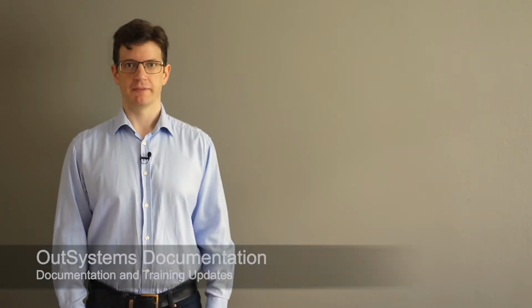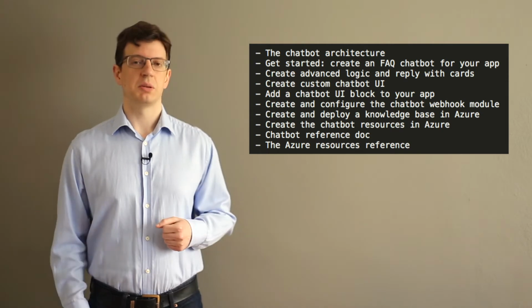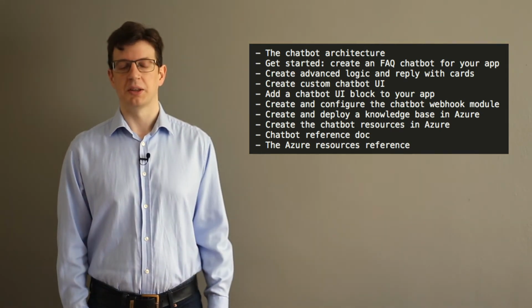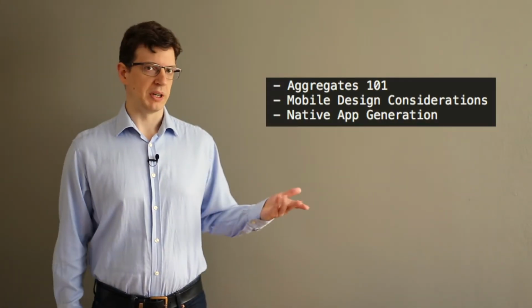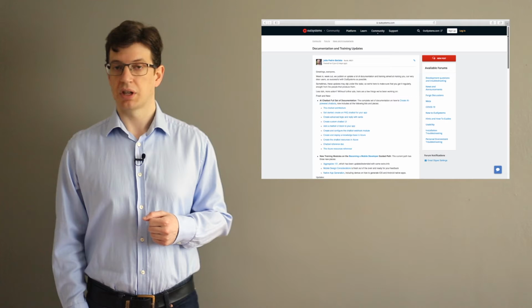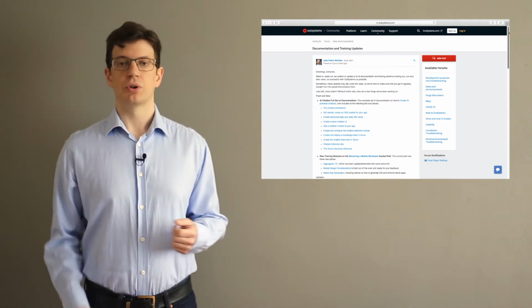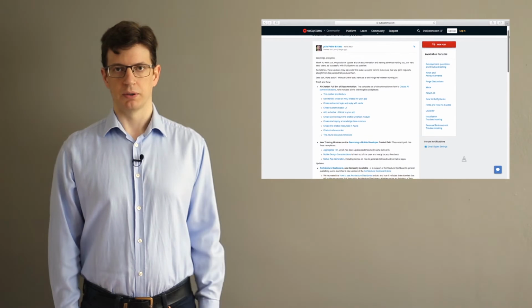This week, we can count on more updates in the OutSystems documentation and training. An update to the AI chatbot full set of documentation was made available to us. So the entire documentation on how to create AI-powered chatbots will have the following content. There are also new training modules on the Becoming a Mobile Developer guided path. These include the following. And there are also updates to the documentation of the Architecture Dashboard, which include the How to Use the Architecture Dashboard article recreated, and it includes 3 new tutorials that will guide the user on the first usage of the Architecture Dashboard.